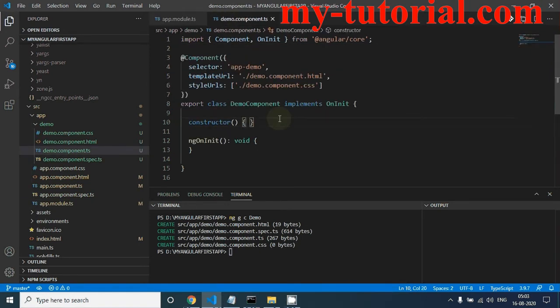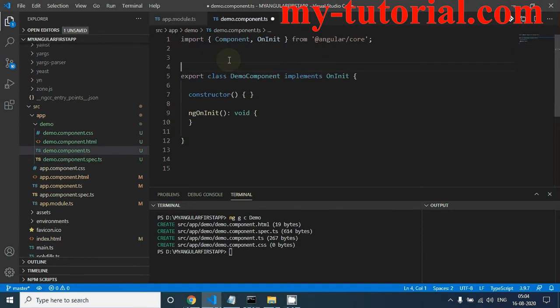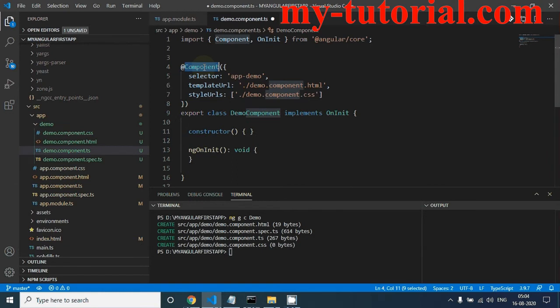So in Angular, just remember that any component is just a normal class. This is the component decorator that tells Angular that this is not a normal class, this is a component. And see, we have imported this component from Angular core and we are using it on top of the class. We cannot use it below. So see, this is just a normal class, and on top of the class we are using component decorator. So this component decorator tells Angular that this class is not a normal class, this is a component, and it has a metadata. So these are the metadata that I will discuss in just a bit.